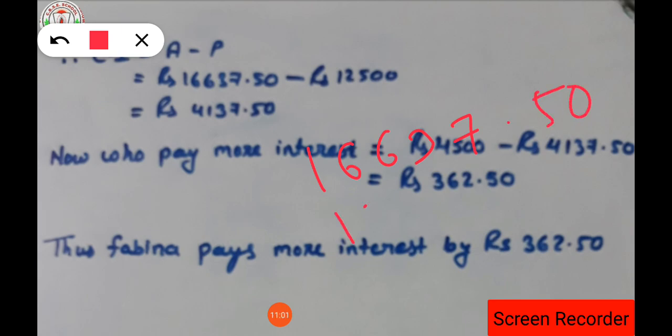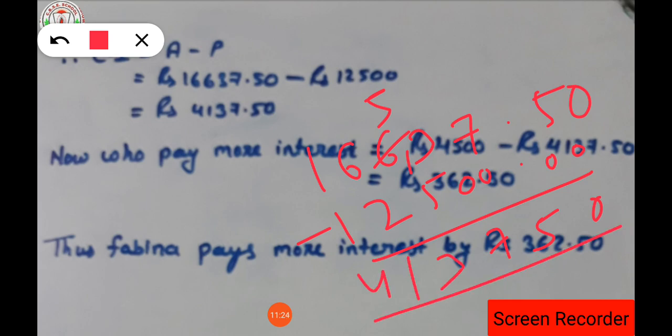16,637.50 will be subtracted with 12,500, isn't it? 0.00. Since it is not having the decimal, after the decimal 0 will come. So 0, 5, 7. Here we will take a carry, isn't it? So 13 will become 5. So while cancelling the number, it will become this much. So how much of the compound interest is left? That is